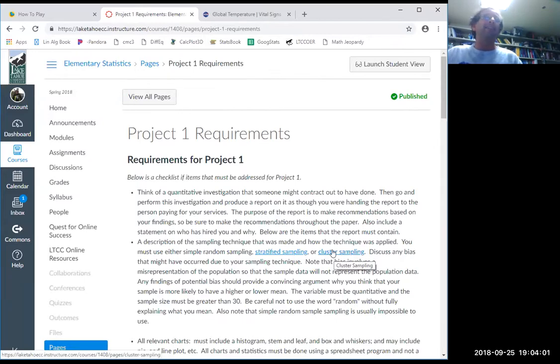In my 22 years of doing this, I had one student do it properly. And that was it. Everyone else who thinks they're doing it isn't doing it right. So you must use stratified sampling or cluster sampling, and probably not simple random sampling. You cannot use convenience sampling. You cannot use systematic sampling. Okay?